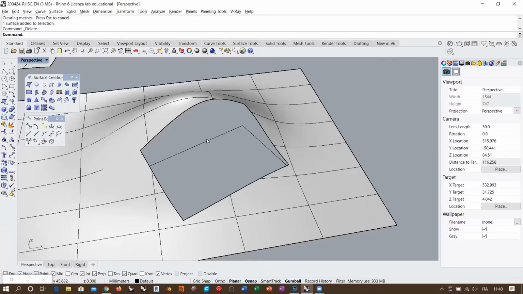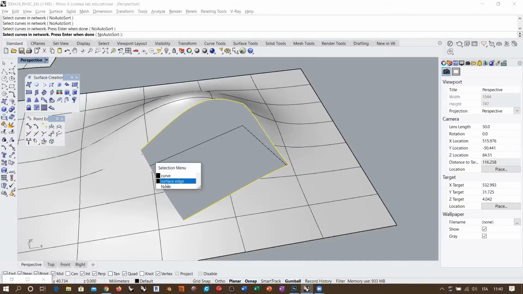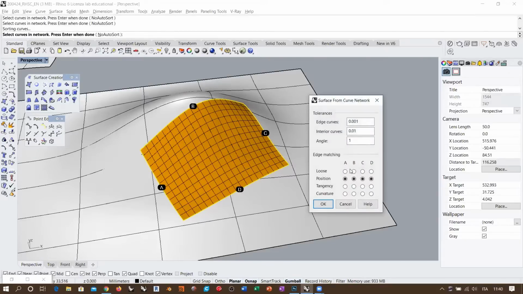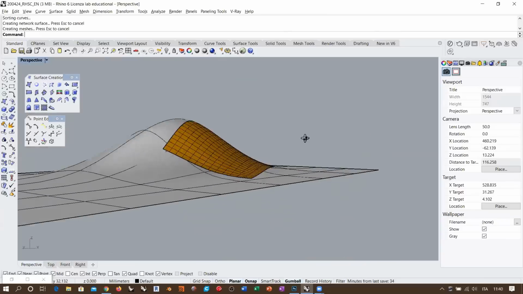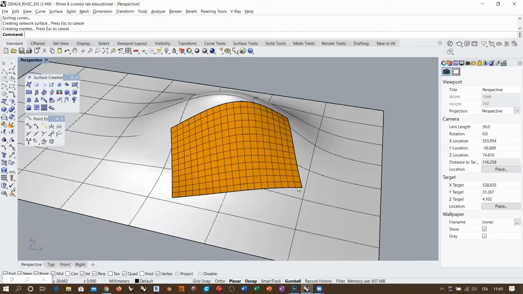In this case, for example, the surface from network of curves becomes useful, because this is the only command that allows you to select 4 surface edges as outer edges, and to take into account the edge matching, meaning the continuity along the 4 edges at the same time. So if I specify I want curvature, this is creating a surface which should be curvature continuous all over the